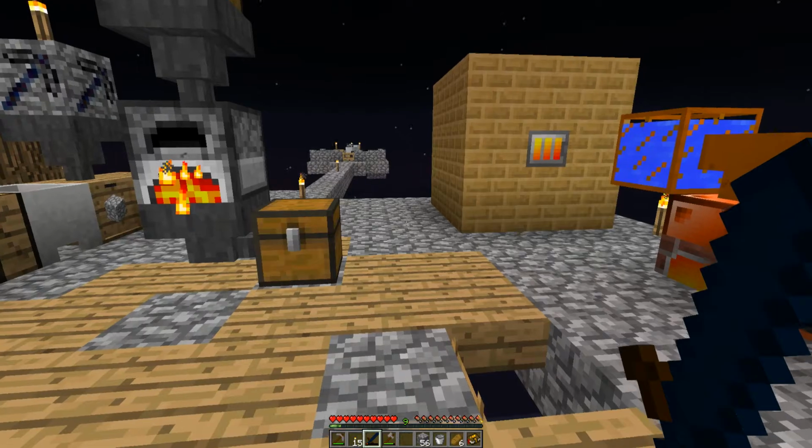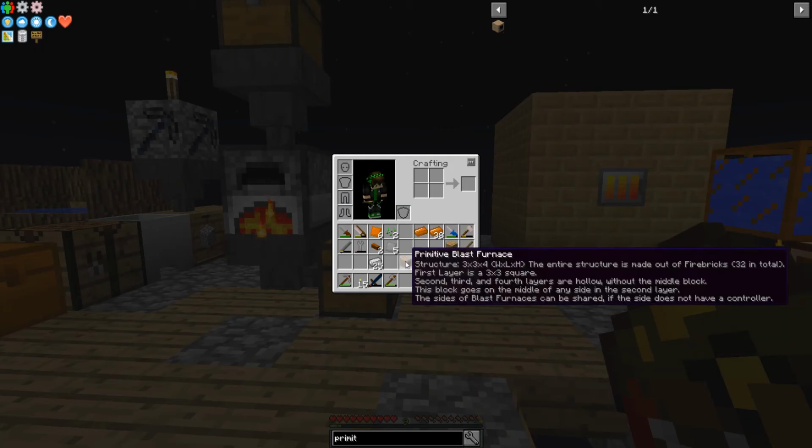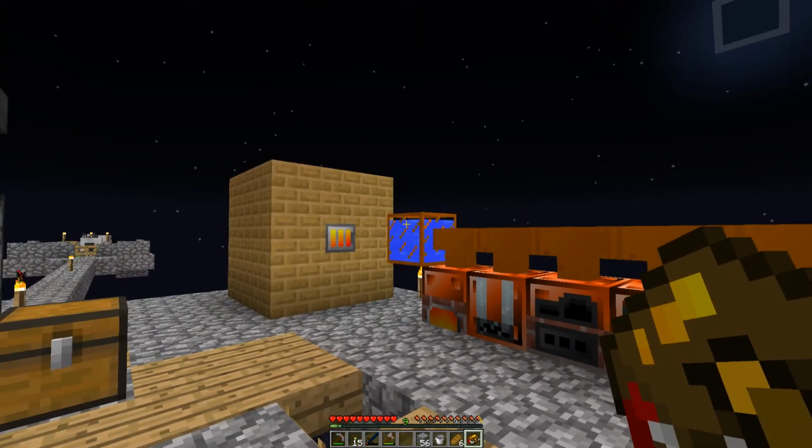Okay, so this is a multi-block. It's a 3x3x4, and the middle block is hollow on the 2nd, 3rd, and 4th layers. And the controller goes in the 2nd from the bottom. Now I need to...